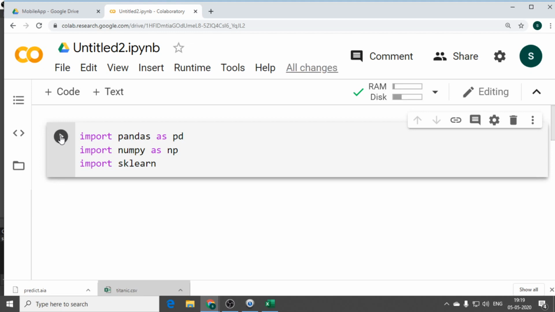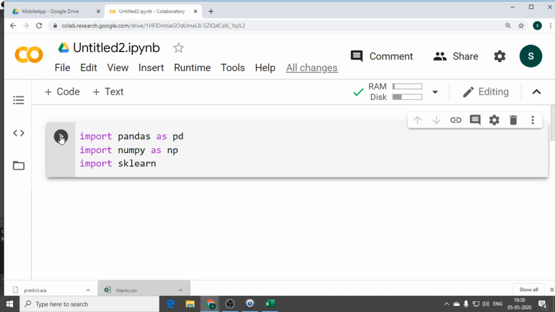Import pandas as pd. Pandas is a data cleansing library where you try to extract the data from a CSV file or HTML or web page, because we have already downloaded the data set, and NumPy is numerical Python to read the data from the CSV file, and sklearn, obviously that is the scientific computing library which takes the support of pandas and numpy to take all the classifiers and all the models.